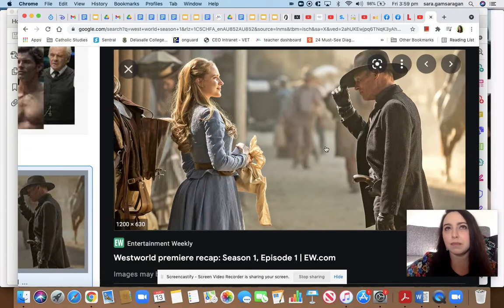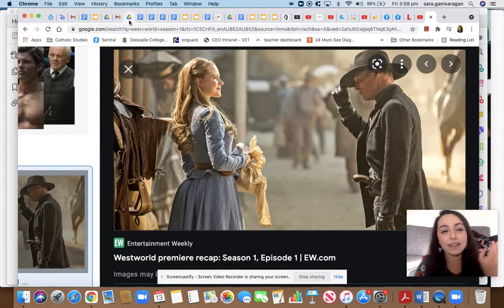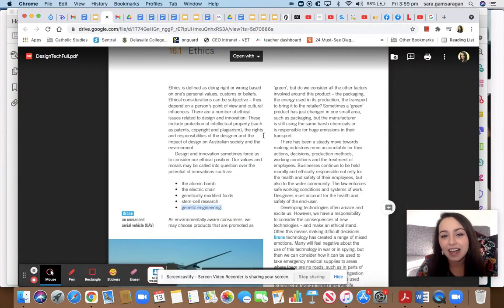What is acceptable and what impact might it have on society if we continue with developing that technology to a point where it is used, and what could the implications be of that? What's okay and what's not okay? Is it okay to repeatedly kill her because she's not a real human? But if she has feelings and emotion, yeah, that's why it's ethical. It's a good discussion. So ethical comes into impact on society,